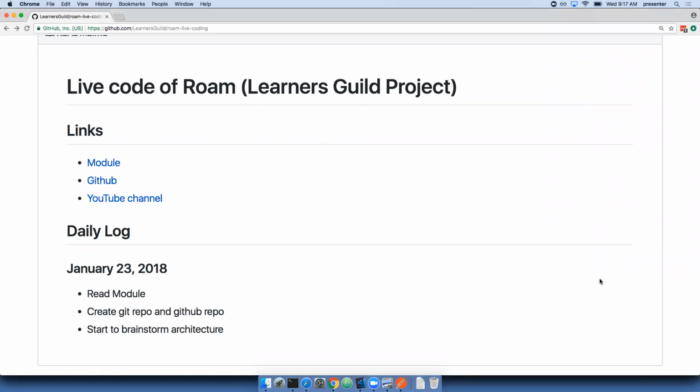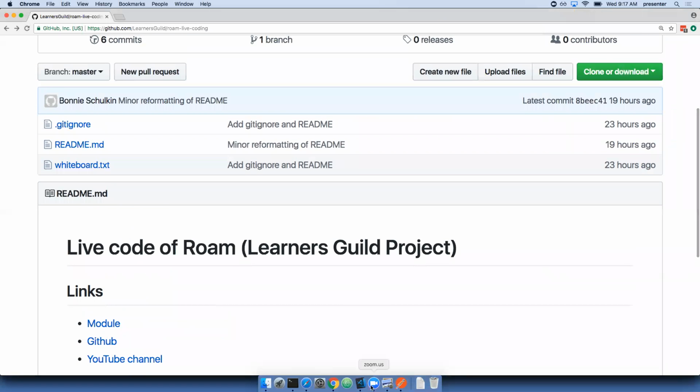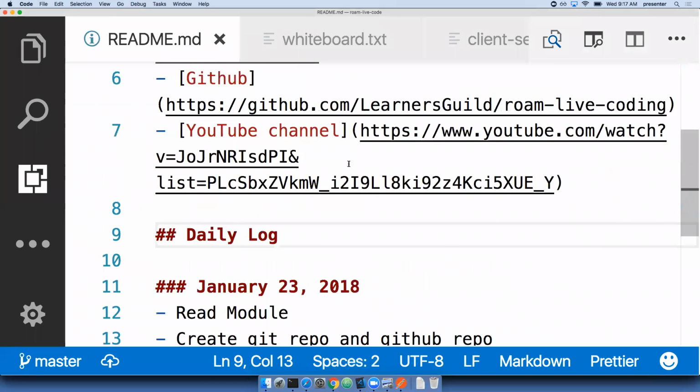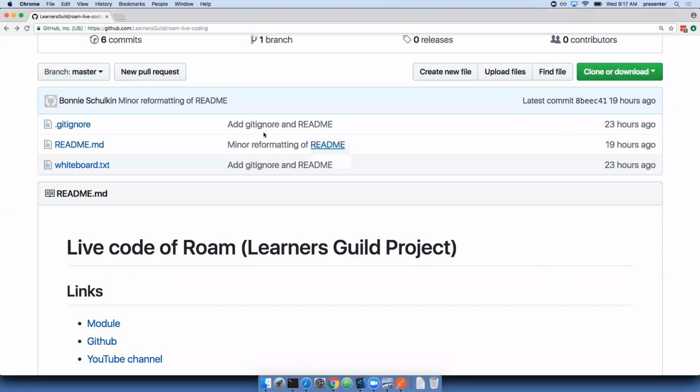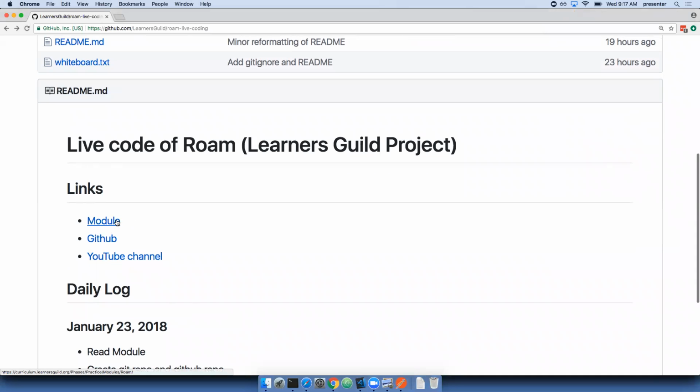So, all right. Yesterday we read the module, we created a Git repo and a GitHub repo, and we started to brainstorm the architecture. Here we go. And then the README, I put links. I put links to the module,